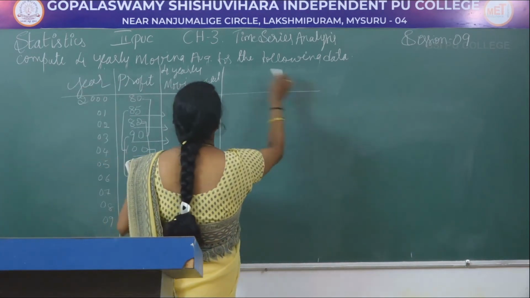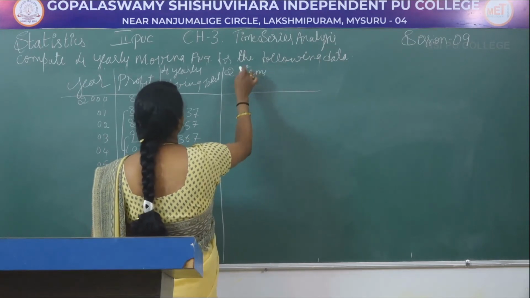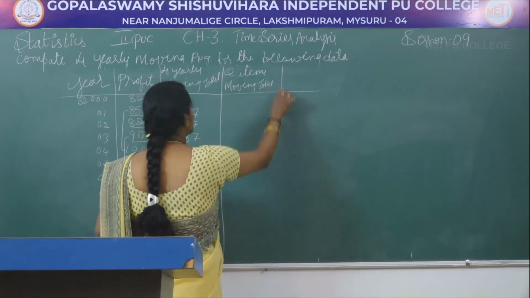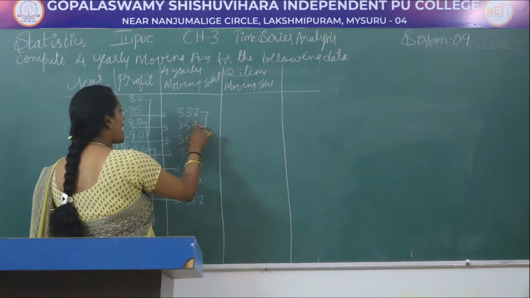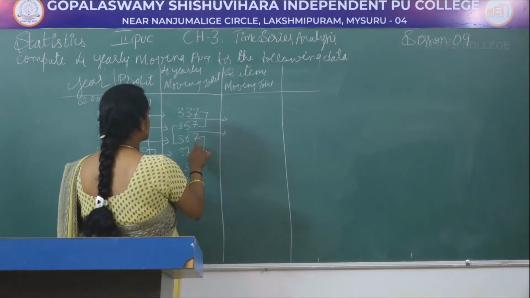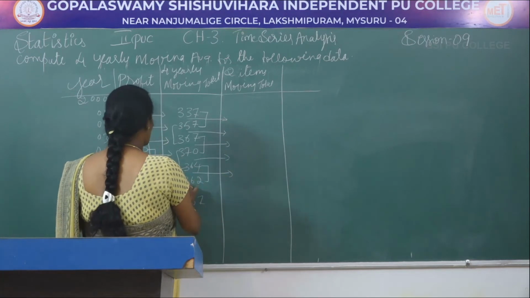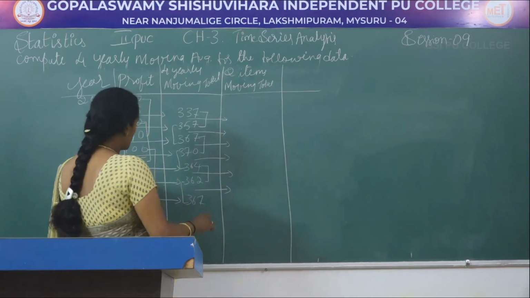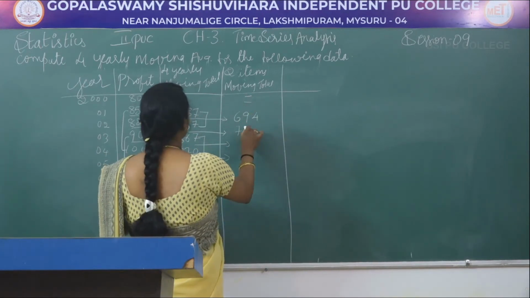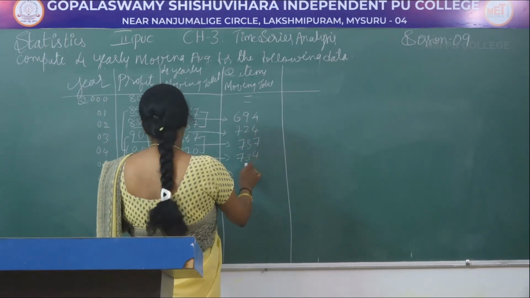Next column is 2 yearly, 2 items, moving total. That is, we have to add 2 numbers, you have to write that in the middle. Similarly, the procedure will be same for all the numbers. So, if you put the brackets and take the total, and if you put the arrow marks and all, it is easy to calculate, so that you will not leave any positions, because sometimes position will also carry marks. Okay.